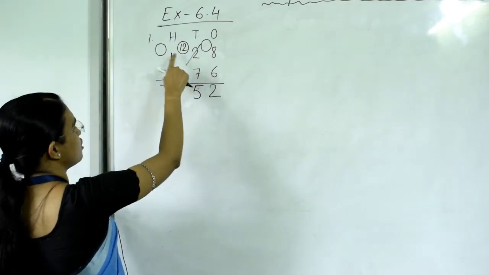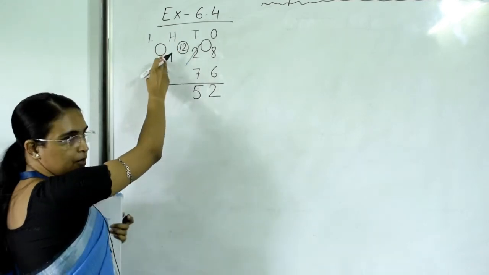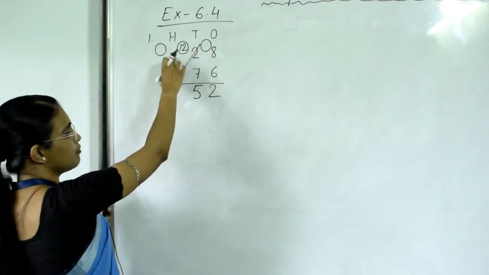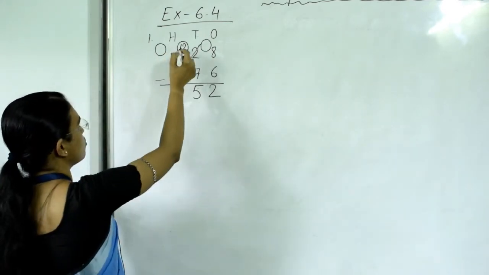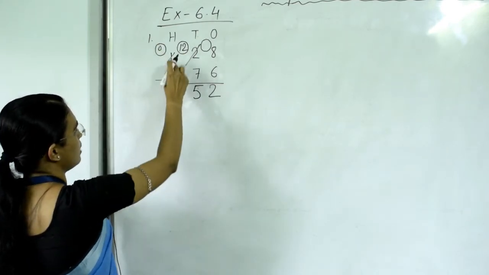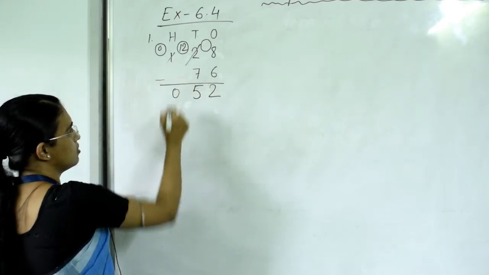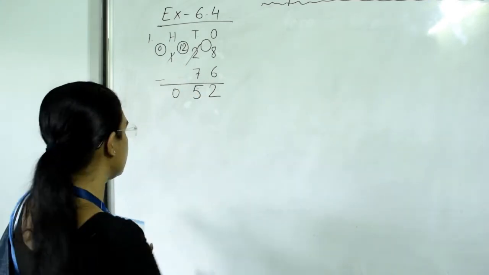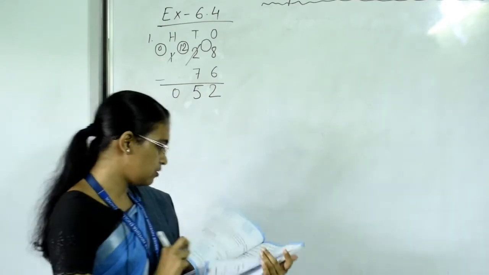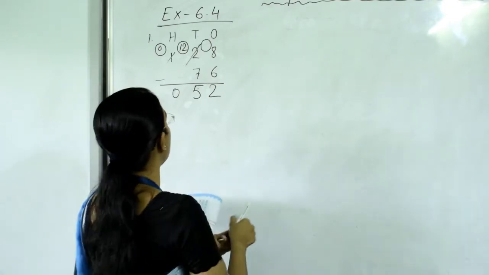Now this carry 1 will come to the hundreds place, and at the top we have to subtract this number with the carry 1. So when you subtract 1 from 1, what will be the answer? 0. So that means nothing. 0, and here is nothing, that means 0. Okay, so in this way you have to do this sum. This is question number 1. Now I will show you another question, that is question number 5.